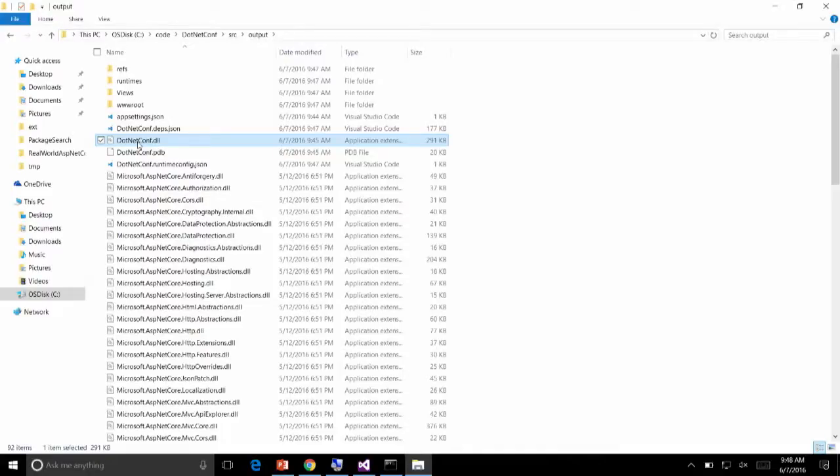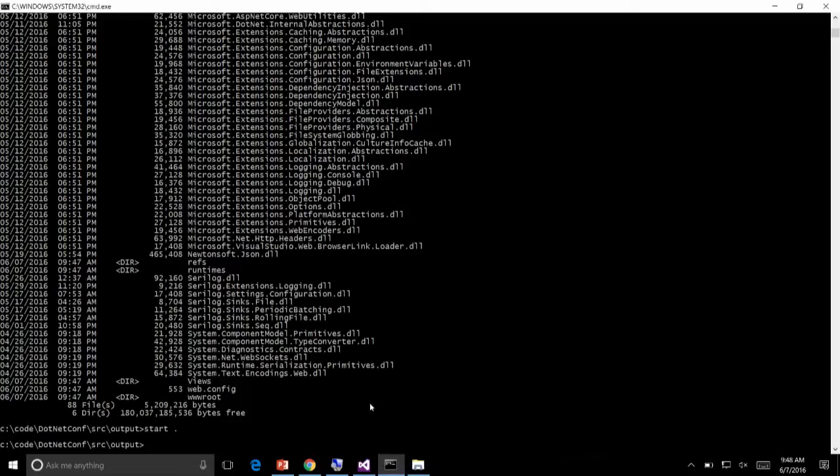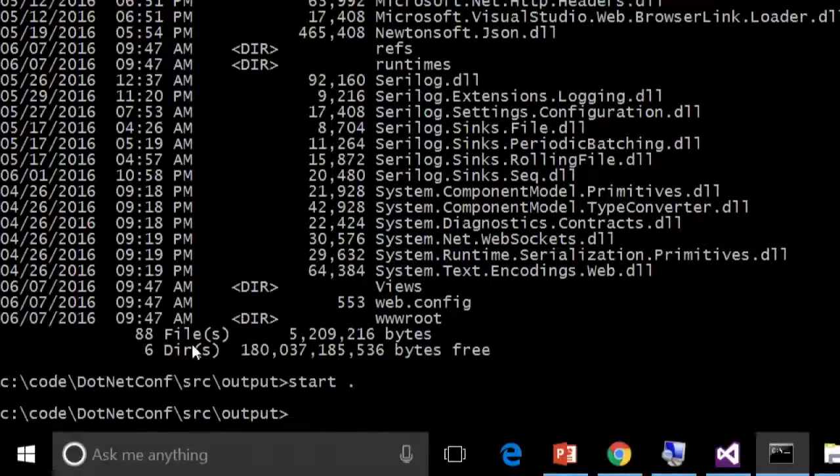By default in ASP.NET Core, you get an application type which is called portable, which is what this is. It's portable because the output of the application can run anywhere where this .NETConf DLL can run. And what I have is this thing on my path called dotnet that I used to publish my app. So now I could go dotnet and I could say